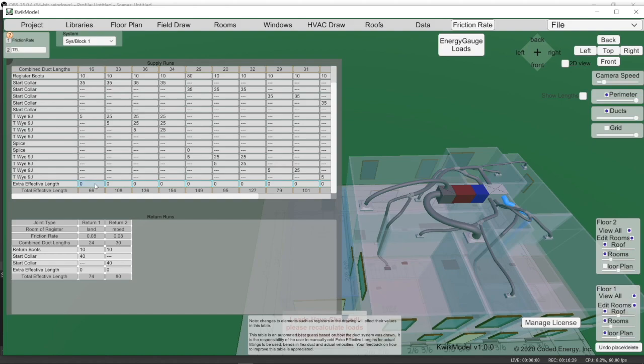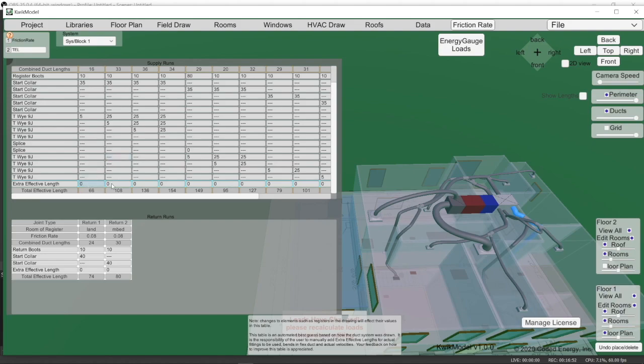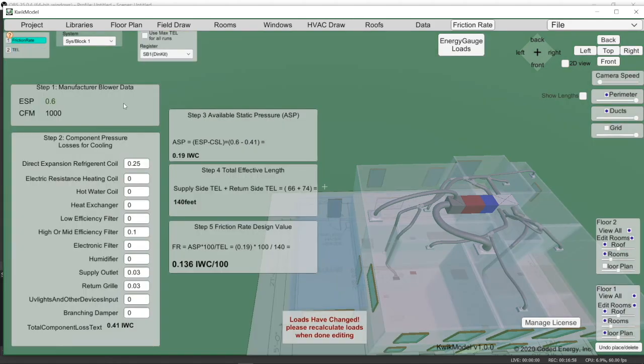And so that's a Manual D thing. You'll have to take a class on Manual D to learn how to do that in more detail. But I usually come in here and I'll add at least 15 to 20 for every 90-degree bend, okay, that I see. And then you have to just kind of fine-tune your total equivalent lengths. Now the total equivalent lengths are fed back into this calculation here. So you got your supply side and your return side. Whatever run we're looking at up here, you can pick whatever one you want to see in this field or this screen. It shows it here,